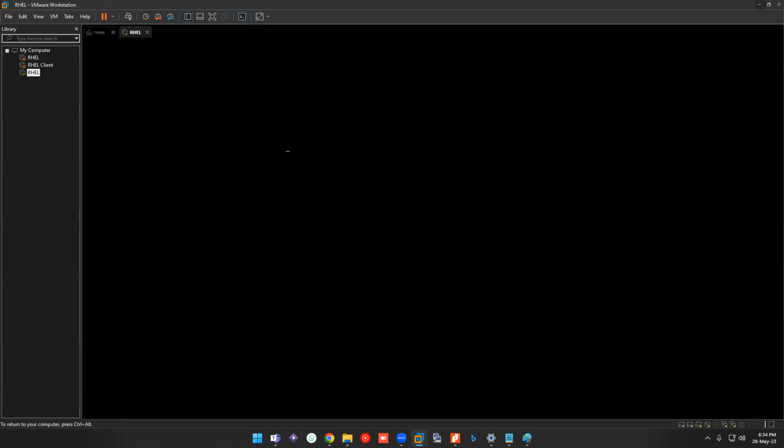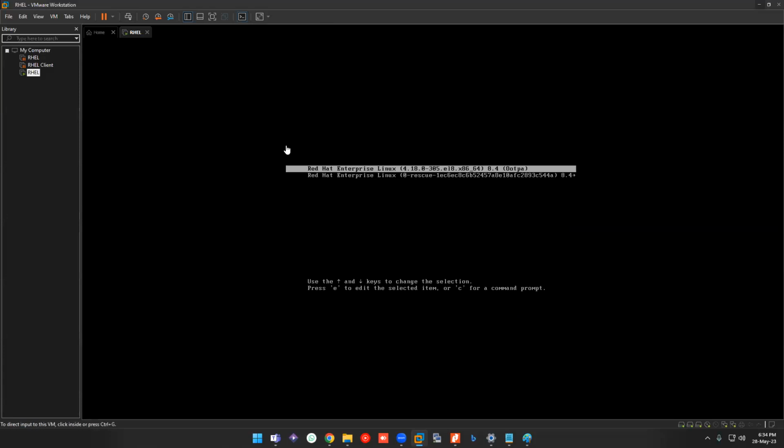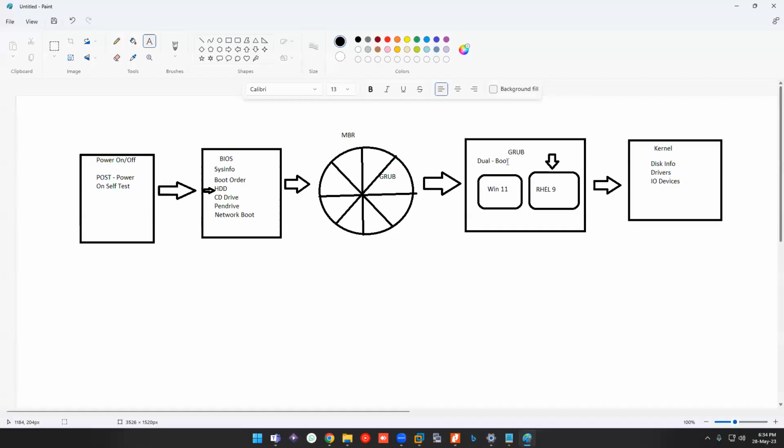After BIOS, this is your grub screen. You see there are two options over here. The very first is your actual operating system, and the next one is your rescue. So what is this rescue? We'll see that later. We'll be seeing what it is booting in this grub. So we are in this stage now.